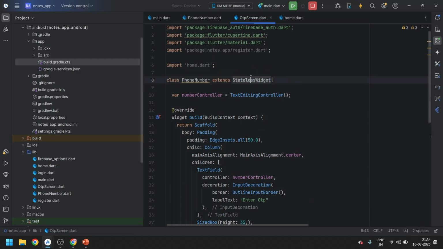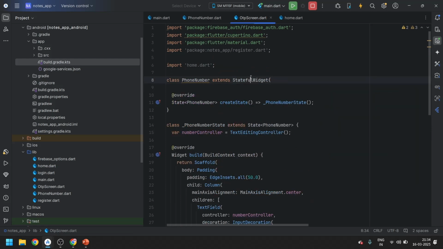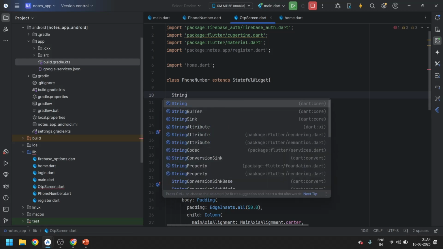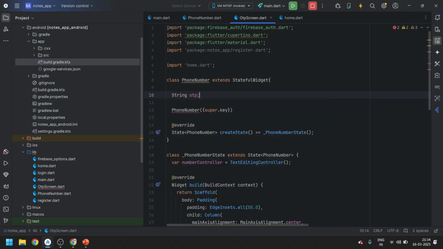Now what's the next thing? We required a stateful widget. Over here, we will call phone number constructor and super dot key. So we will be requiring an OTP. Then over here, we will write this dot OTP and let's make this required.